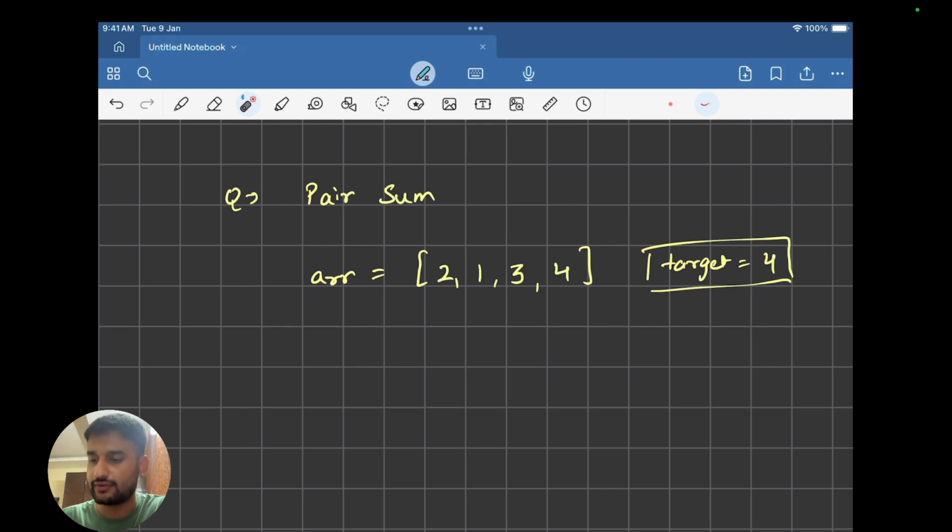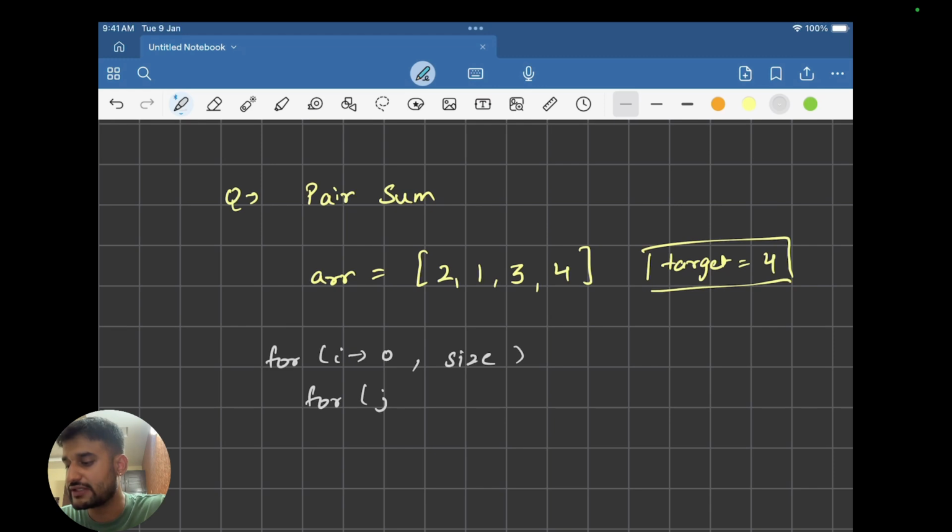So maybe I can run a nested loop over here. In the outer loop, I can run i starting from the 0th index and going till the size of the array. And inside that loop, I can run another loop where j will start from i plus 1 and go till size. And what I can simply check over here is,